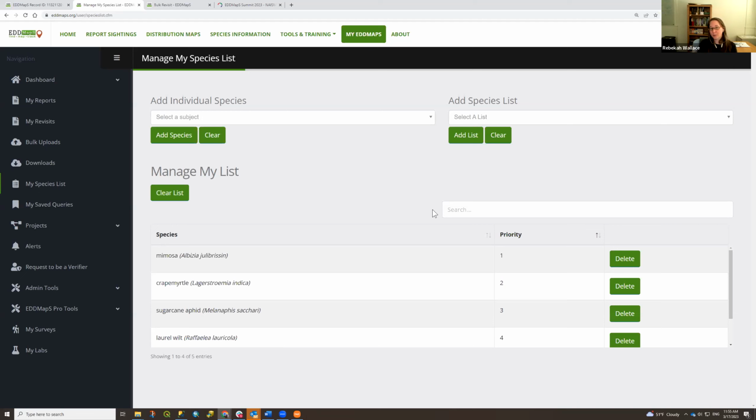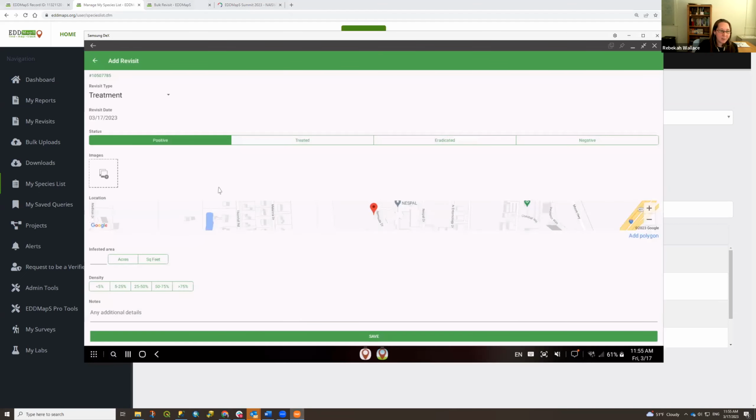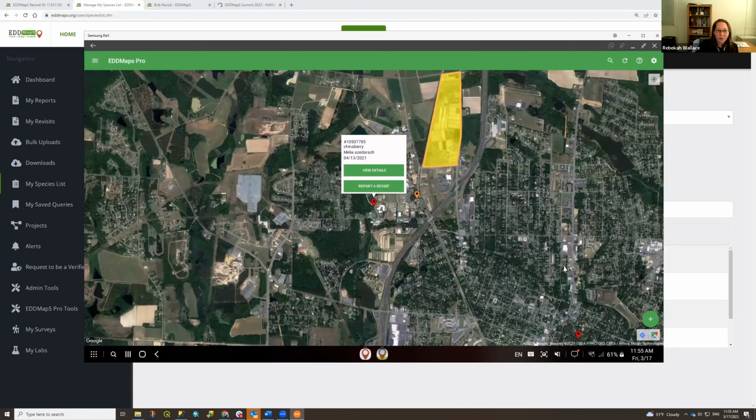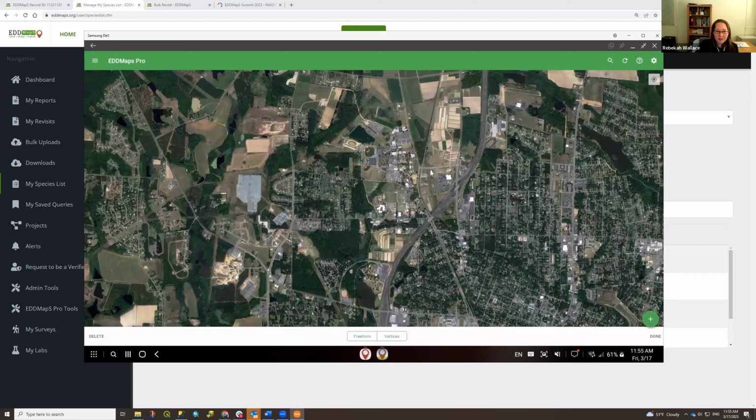But making a report is pretty quick. Again, if you're talking about the EDDMapS Pro form, I can draw a polygon real quick. Let's say this. I need to select my polygon. Whee! So let's say that area is infested, and I'm done.